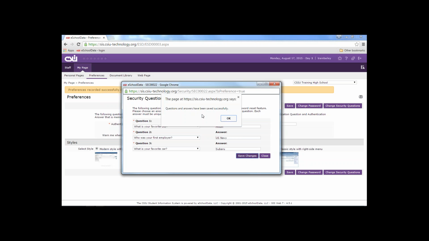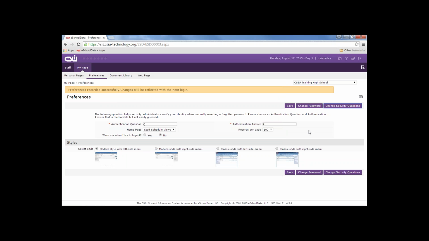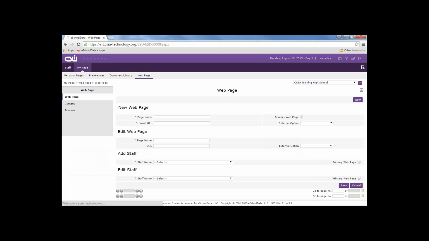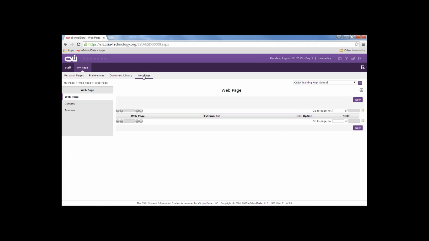So I'll save those changes. And again, all of this is located under My Page and Preferences. There are some other options here available for you. One of the things I really want to mention here is under the Web Page. So it's under My Page main tab, Web Page subtab,